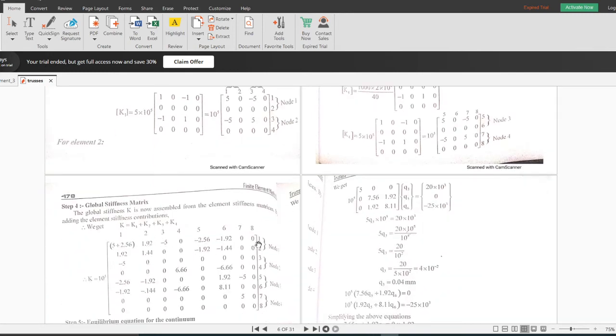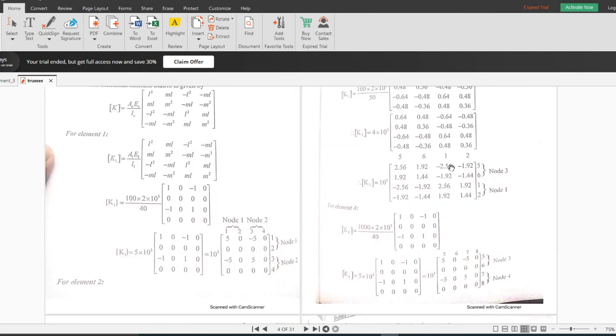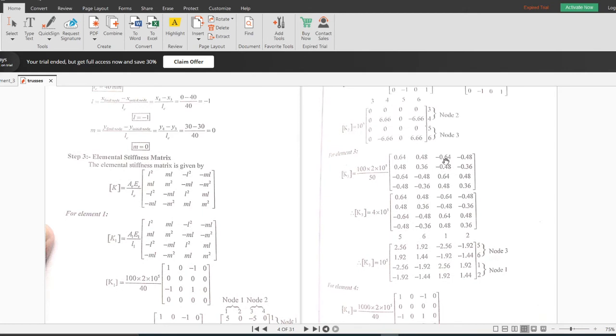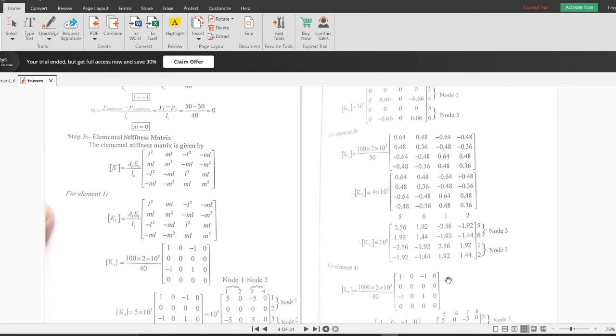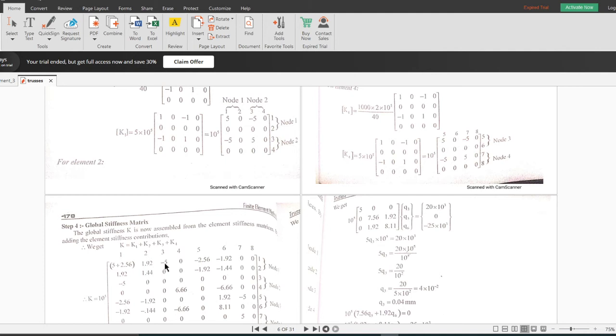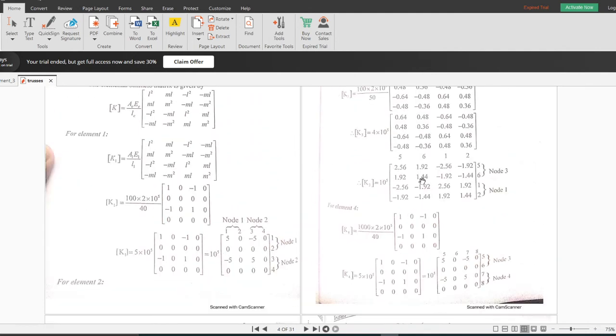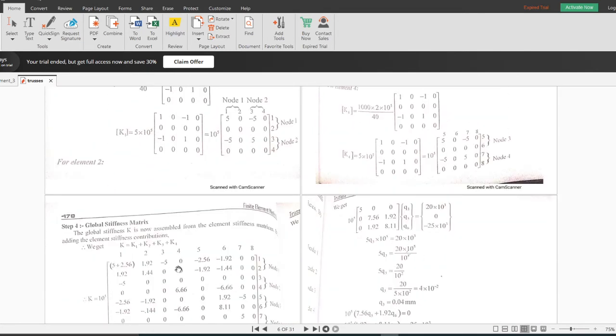Next come to 3 1. Yeah, 3 1 is here in the first matrix, minus 5. Any other matrix you can check for 3 1. Here there is no 3 1 combination. I think here also there is no 3 1 combination. Here also there is no 3 1, therefore only minus 5. Next 4 1. 4 1 is here, 0. Any 4 1 combination here? No. Here no, and here also no, therefore only 0.